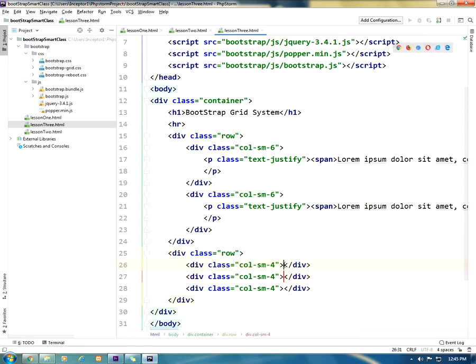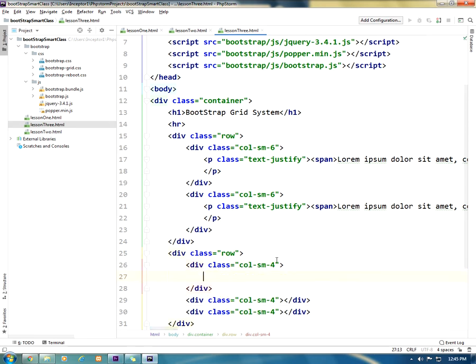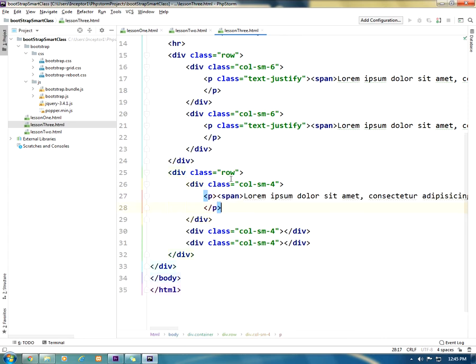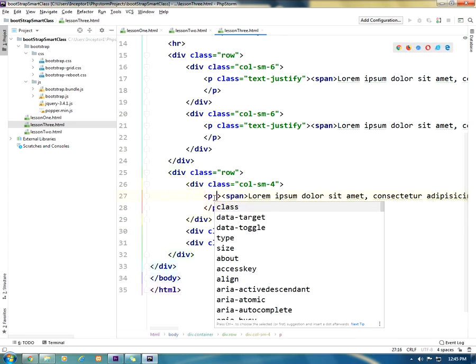I click up here, you press enter again. So let's say in this col-sm-4, the first col-sm-4 can have a paragraph, the second one can have an image, the other one can have a paragraph. So let's say we can have a paragraph of lorem times, let's work with lorem times 2, and we justify